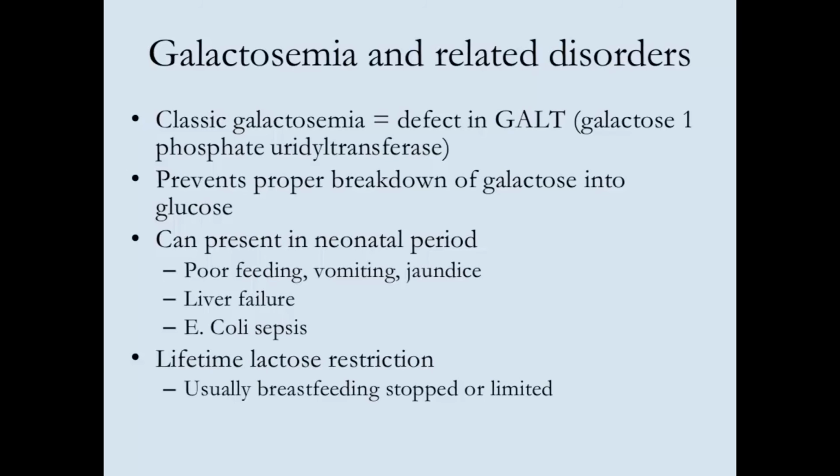Unfortunately for women, no matter how good you try and control your diet, they often will end up with premature ovarian failure. So that's an unfortunate side effect that still seems to happen no matter how quote unquote good you are with your diet. And in neonates, we will often, unfortunately, have to put them on soy formula and ask a mom to either stop breastfeeding or limit it. But you also run into the possibility that if it's a false positive, you've stopped their opportunity to breastfeed. So it's good to remind the moms to pump if you have to switch the child to soy, but you're not sure of what's going on.